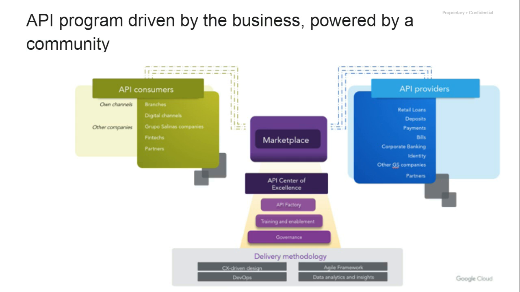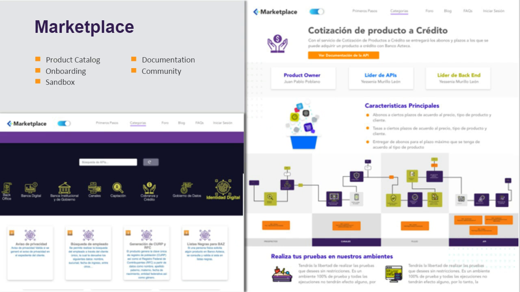So we focus on different categories, as you may know: loans, deposits, payments, which is very important, bill payments, some we're exploring with corporate banking and digital identity, and other services provided by others. We craft this approach and expose them through our internal marketplace, and now we're in beta for the new marketplace for external partners, not the public marketplace.